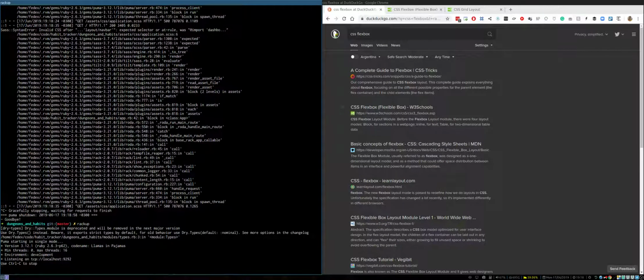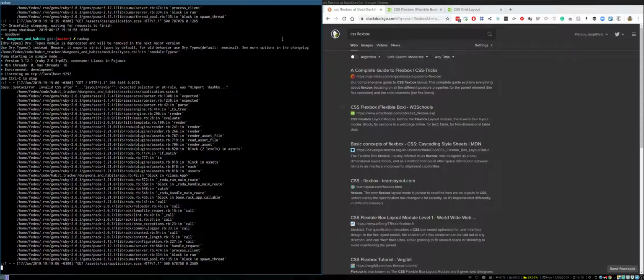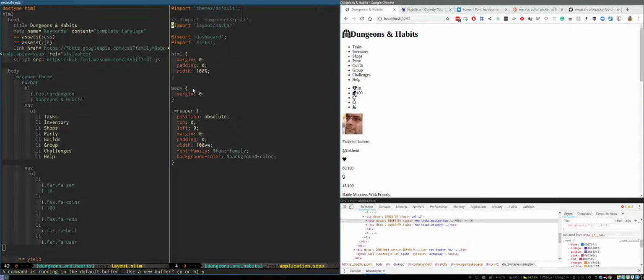I see errors there. Okay, let's go to the terminal. I know. I always forget the colons and semicolons. So now with that semicolon,